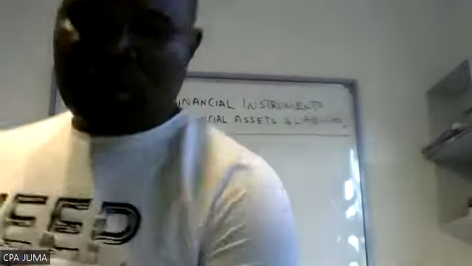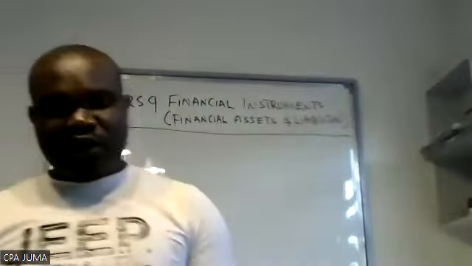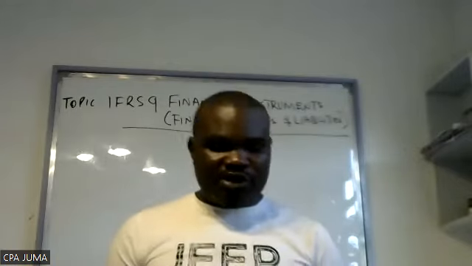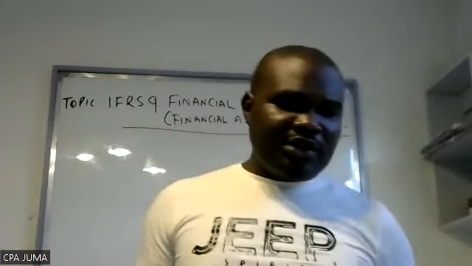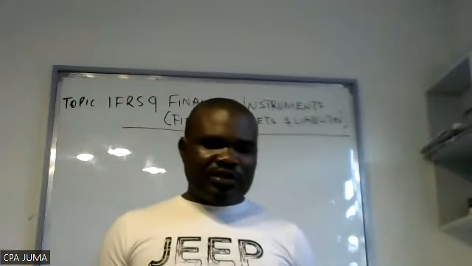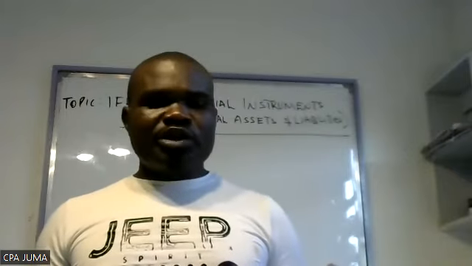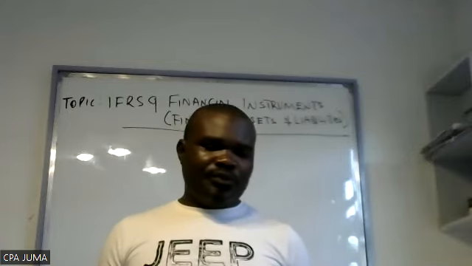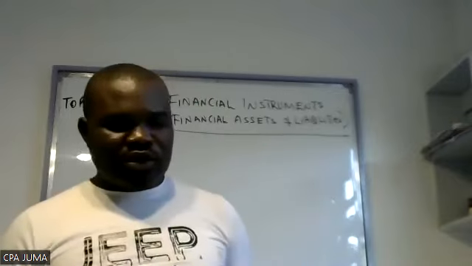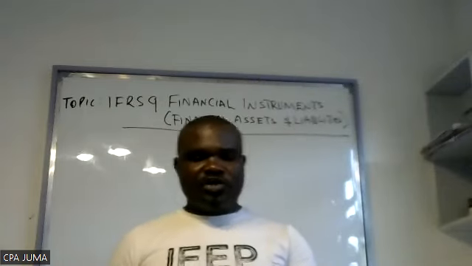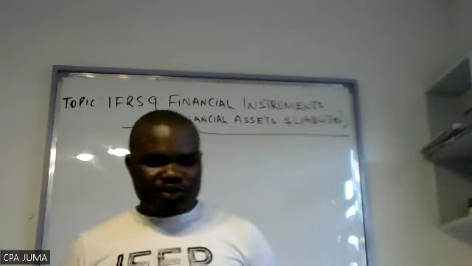So with that overview, let's go through the notes. We read as we discuss where necessary. Financial instruments are contracts which entitle an entity or a party to receive cash or equity instruments of another entity. Examples of financial instruments include debentures, loan notes, bonds, among others which I've mentioned.